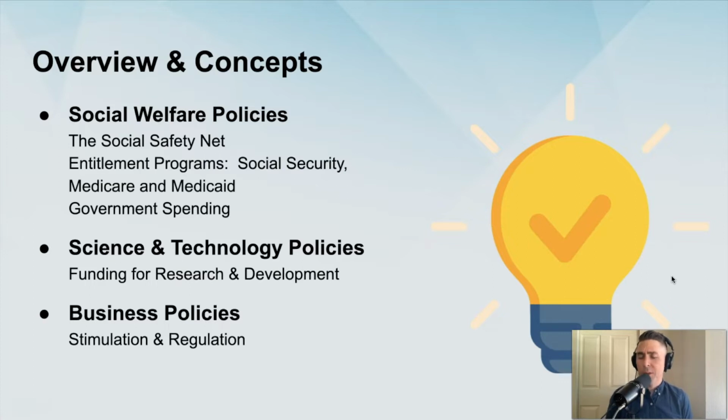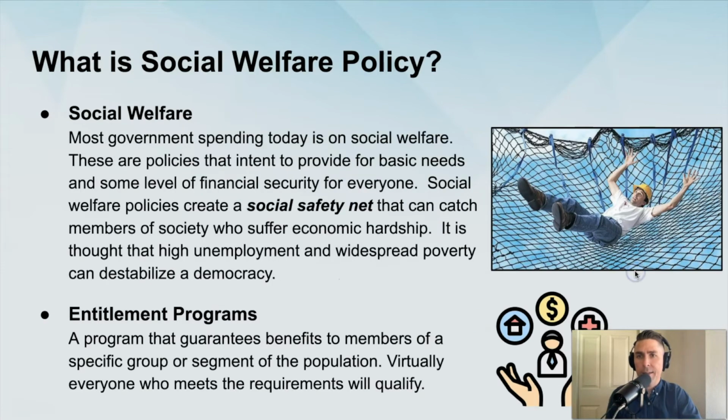We're also going to be spending a little bit less time, but still focusing on things like funding for science and technology, funding for education, and considerations that the government has to make when it comes to business policies. And so really that's going to be the overview of our video. Instead of looking at who wins and who loses, we're going to be looking at policy through the lens of why are we spending this money? What is the purpose of this policy, or in the case of some policies where we don't spend anything, what is the purpose? So let's jump right in, and we're going to start off with this concept right here,